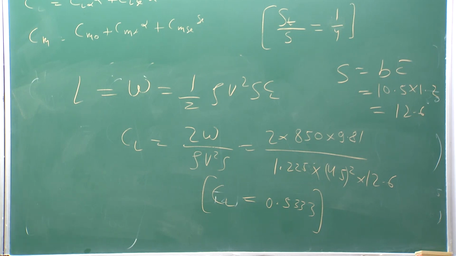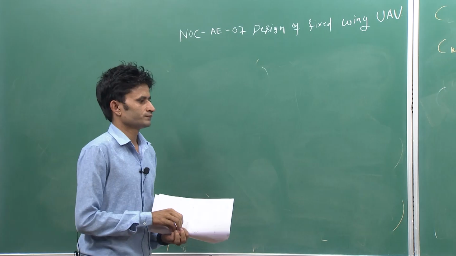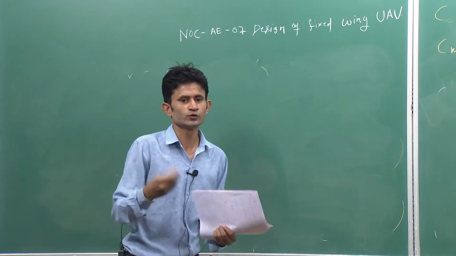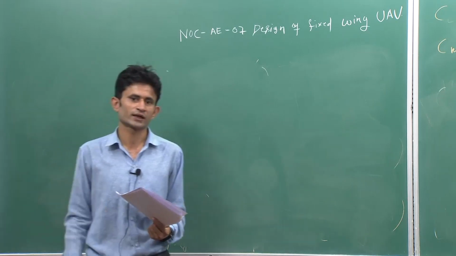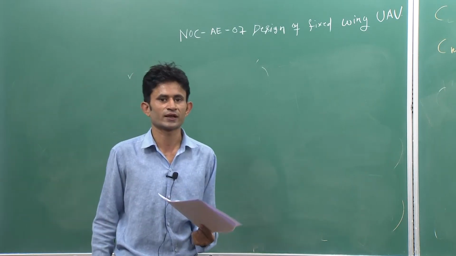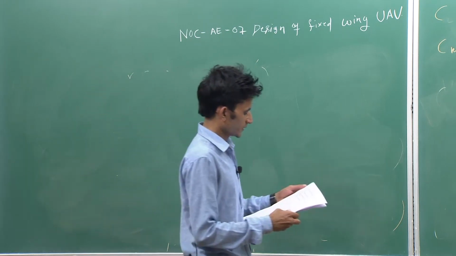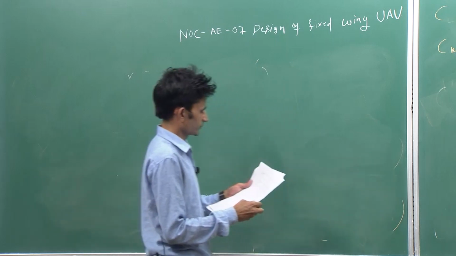See, whenever you deflect the elevator, the aircraft will respond. If the elevator goes up, the nose part will go up. If the elevator goes down, then the nose part will go down. So basically you are controlling the plane in longitudinal motion using elevator. So basically when you use the elevator, means you are controlling the angle of attack. You are trimming at different angle of attack with different velocity. So this is the significance of this question. So let's solve this question.